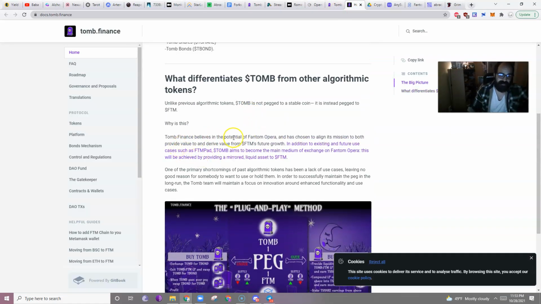Tomb Finance believes in the potential of Fantom and wants to get value from Fantom's future growth. So we're going to deal with some bonding and some staking mechanisms that I find very interesting. In addition to existing and future use cases such as Fantom Pad, Tomb aims to become the main medium of exchange on Fantom Opera. This will be achieved by providing a mirrored liquid asset to Fantom. I don't know if they're going to become the main medium of exchange on Fantom Opera, but it would be cool. And I don't know why having a mirrored liquid asset to Fantom...